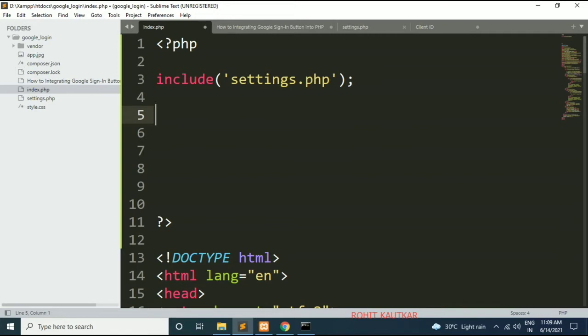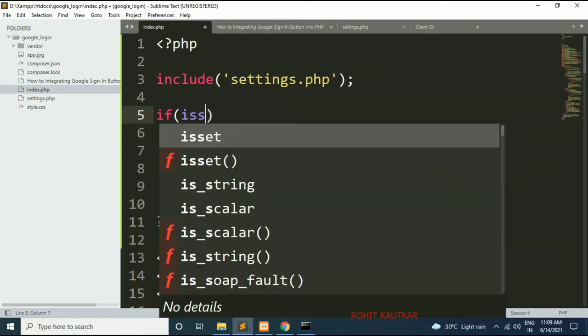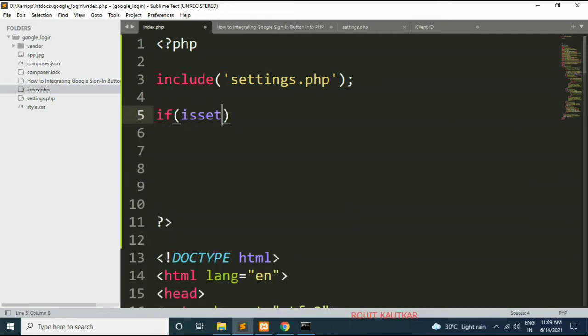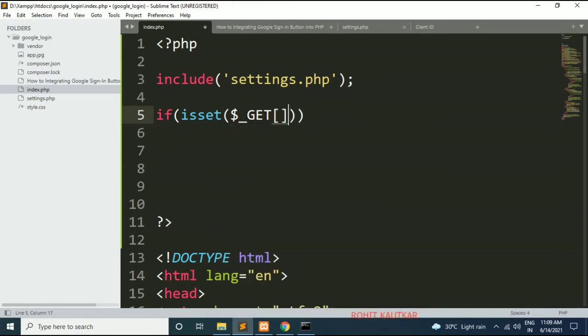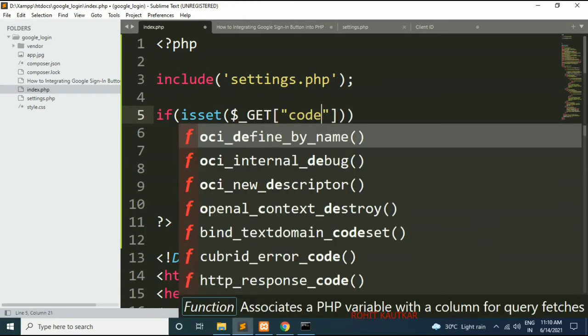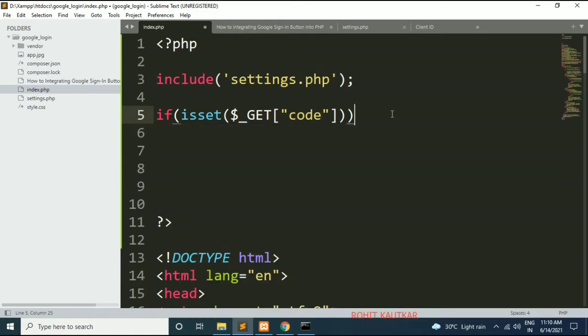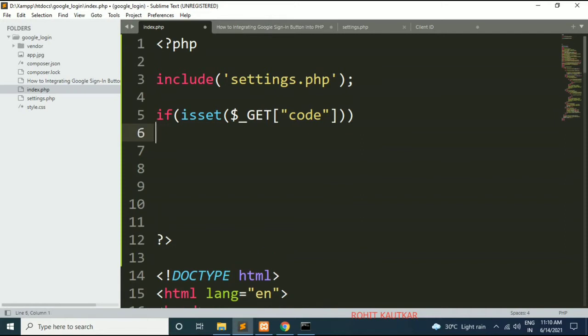So here I will write if we will check whether the $_GET code value has been set, then we can process further, and it means that Google has successfully authenticated the user.